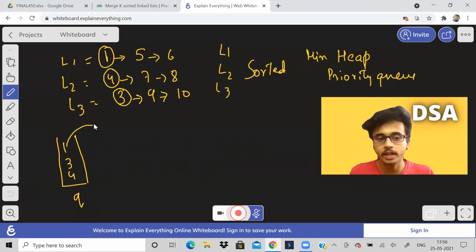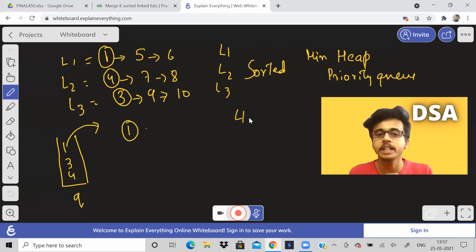Now take out the first element. So take the top element, pop it out. Top element is 1. After taking out the top element, we have to check if this top element has a next element to it. It should not happen that we have reached the last part of the linked list.